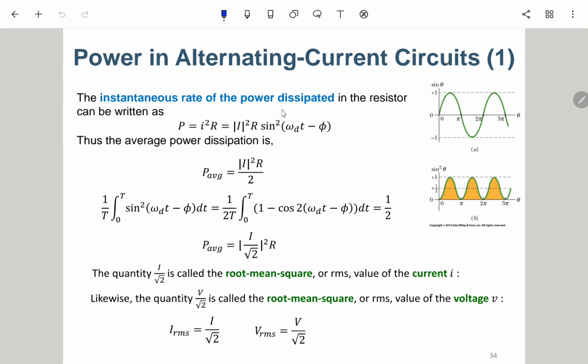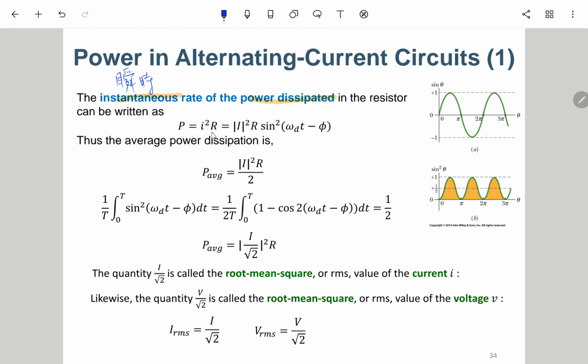Here we introduce an idea called instantaneous rate of power dissipation. 就是这个叫做瞬时的 power dissipation 的率，就是对 instantaneous rate of power dissipation。因为它们的 V 跟 I 都是 sine wave 嘛，所以它每一个时刻的 power 是不一样的。